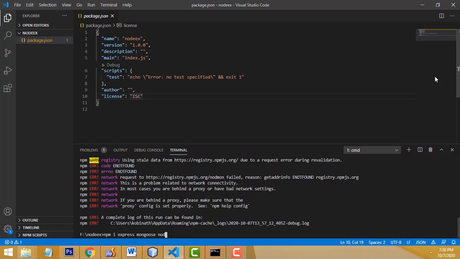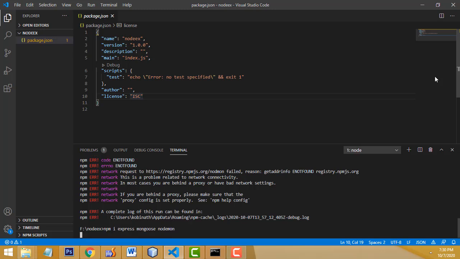Here you have to type nodemon. Press the enter key. Now it's installing successfully. You have to wait until the installation completes. It's installing Express and Nodemon.